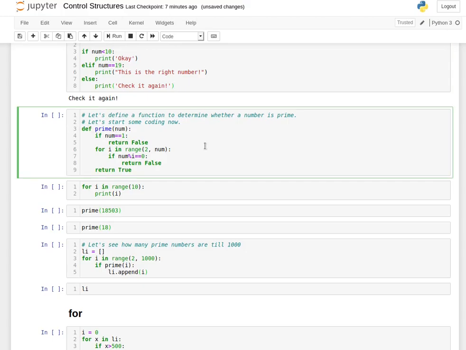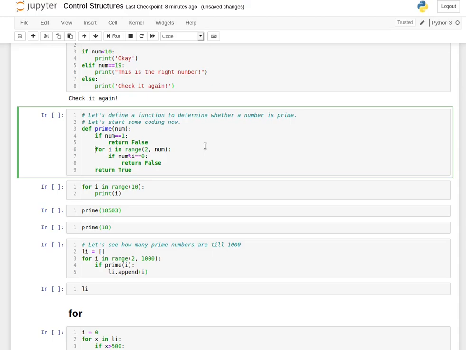Now in Python you can create a function just by specifying a keyword def, then later on you have to specify the name of the function. Here I'm trying to create a function which returns true if a number I pass in is prime, else it returns false. Then you have to specify the parameters if there are any. In Python you don't have to write the data type here like void, int, float, etc. You just have to specify def even if you don't have any parameter here. Now for now we have a parameter num.